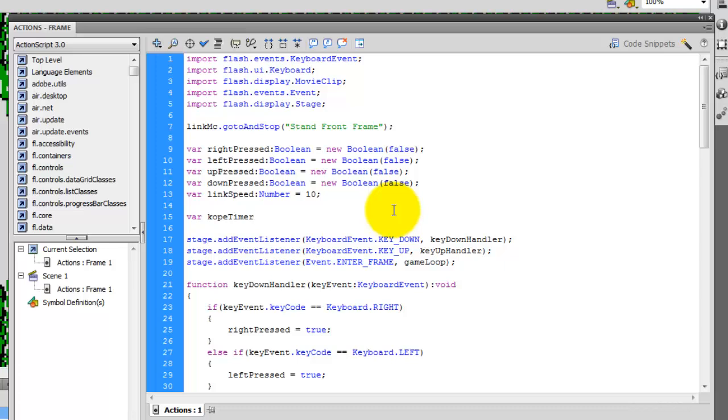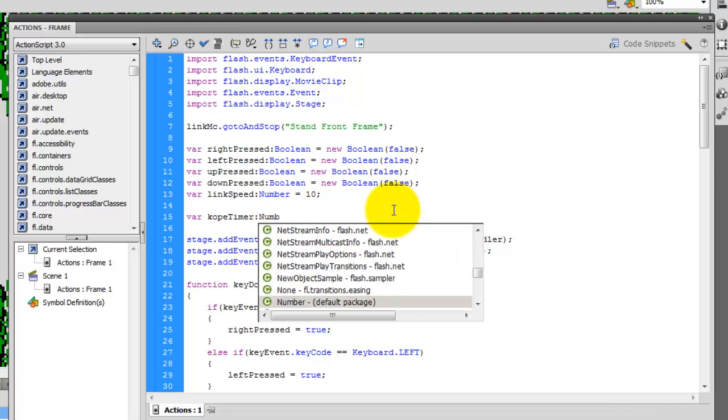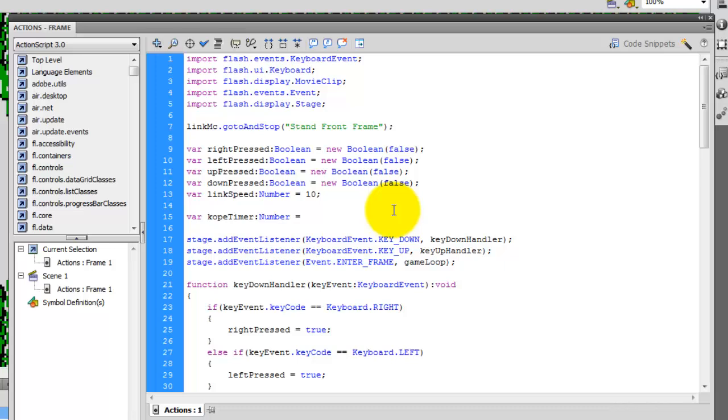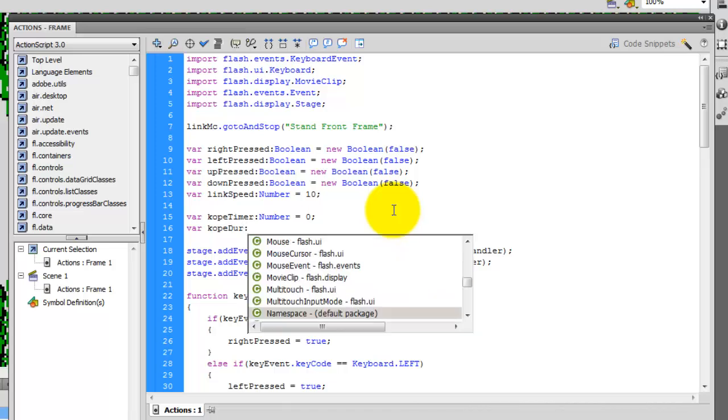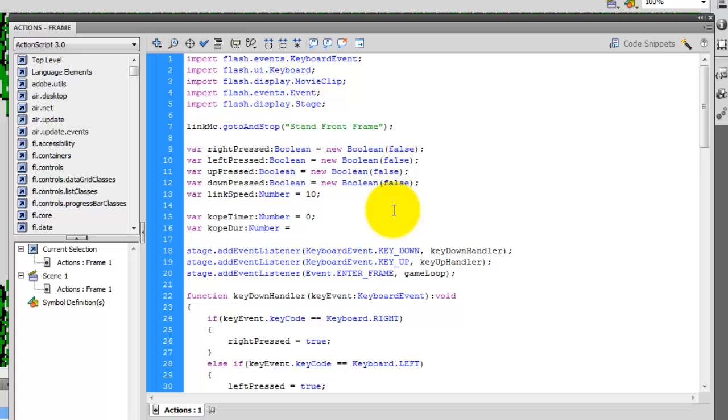So var Cope timer :number equals, and we'll set the timer to 0 because it's starting at nothing. We're also going to create another variable called Cope duration, and that's going to be the duration. Now that's going to change with each direction he faces. So we're typing var Cope, and I'm not going to type in duration. I'll just type in Cope dur :number equals,